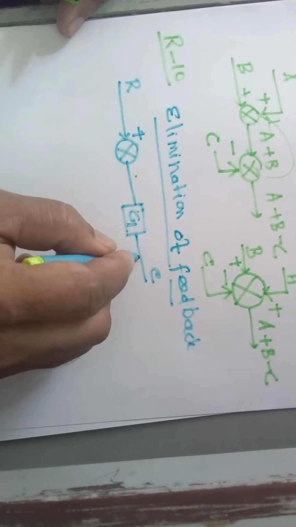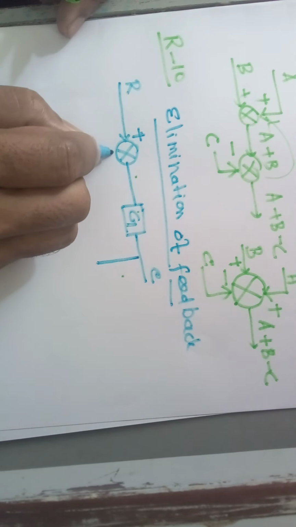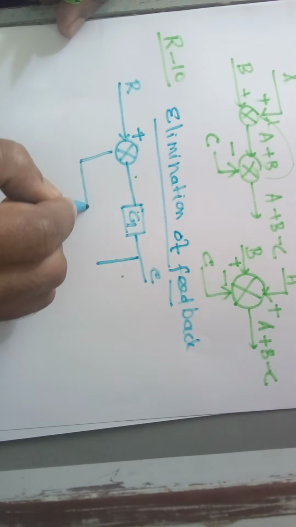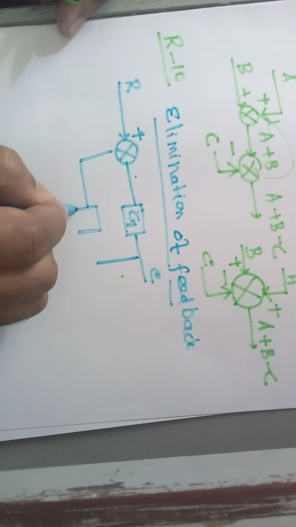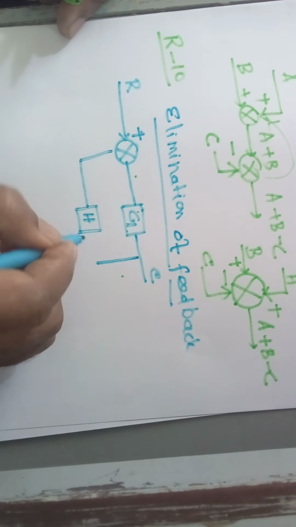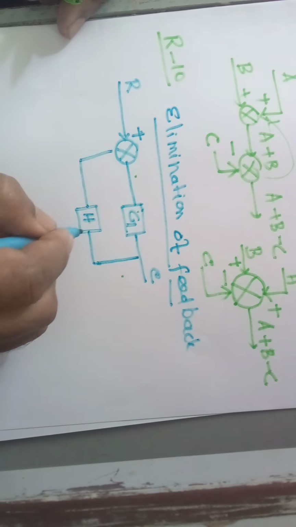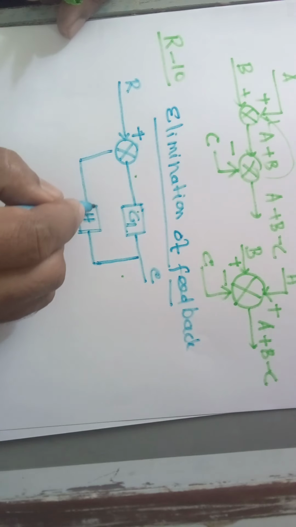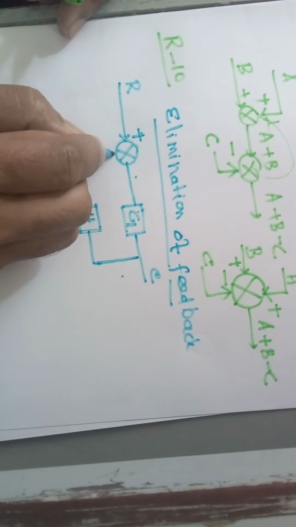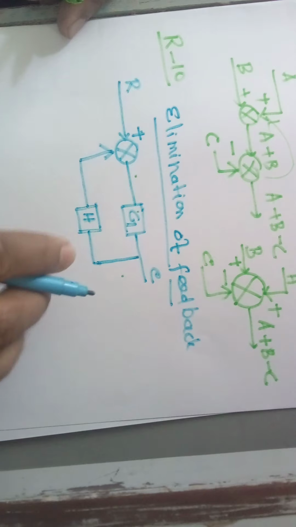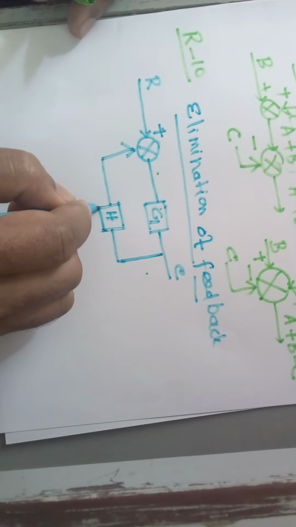From this you are having a feedback path with the feedback gain H. So this H may be there or it may be a unity feedback. In the case of a unity feedback system, this H will be equal to 1. So whatever it may be, let us assume that here there is a feedback gain. It is represented